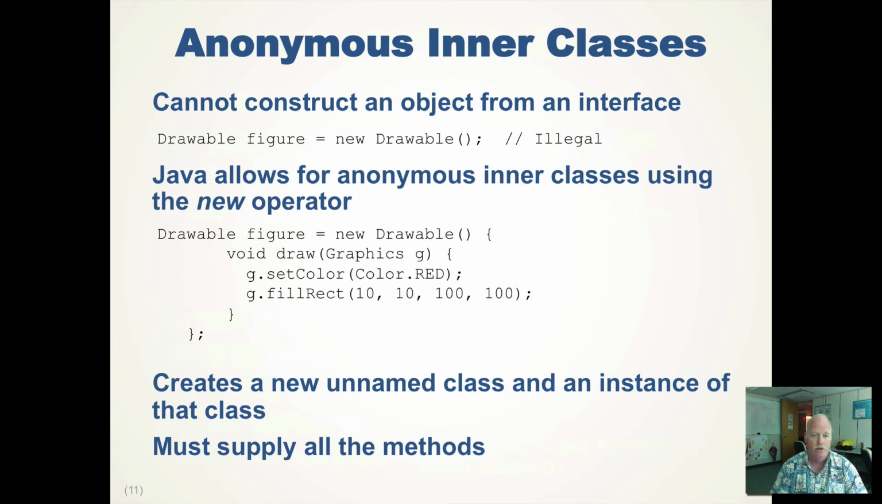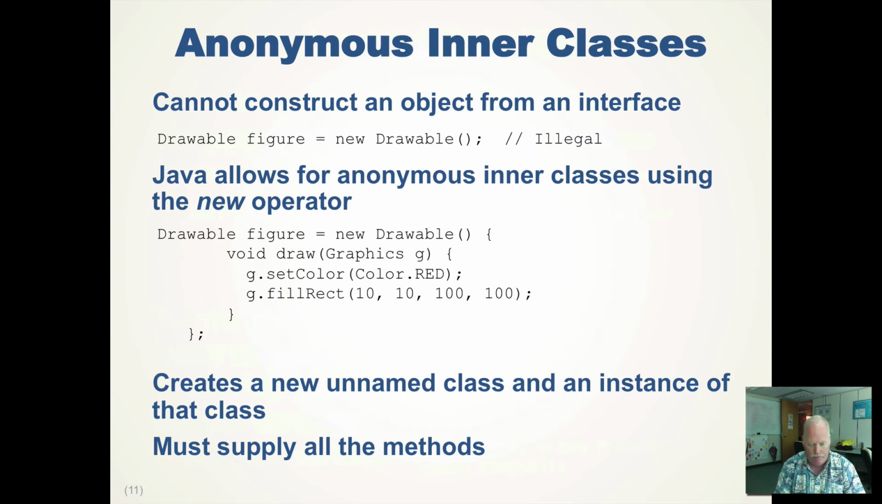Now, we can also have anonymous inner classes. Before, we talked about how we cannot construct an object from an interface. So Drawable is an interface. The variable figure is of type Drawable. We cannot say new Drawable. That's illegal. You cannot instantiate an interface. But Java does allow for anonymous inner classes. So if we wanted to create a